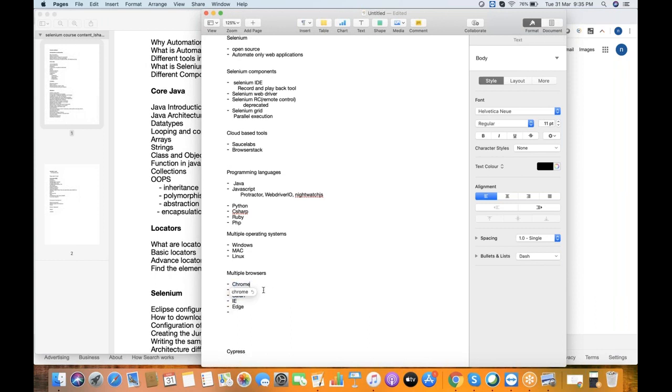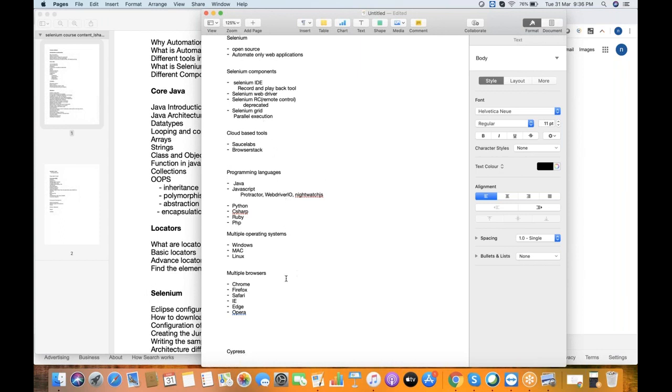Nowadays Chrome and Firefox are available on other operating systems too, even in Mac we can use Chrome, Firefox. So the majorly used ones are these. Even Opera is also supported, and Microsoft Edge is also there. Drivers are available, like I'll explain when we discuss Selenium. So overall, the majorly used browsers are Chrome, Firefox, and Safari. So this is the introduction about Selenium.